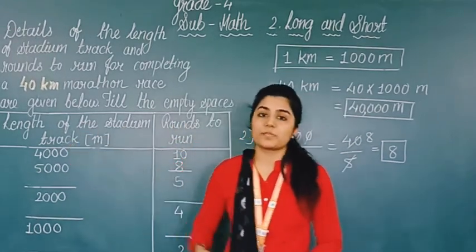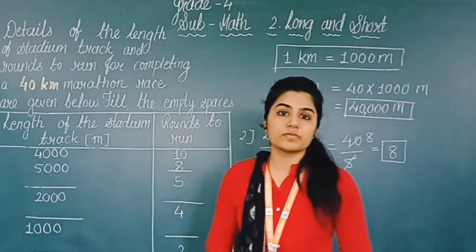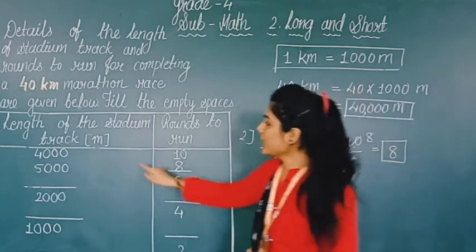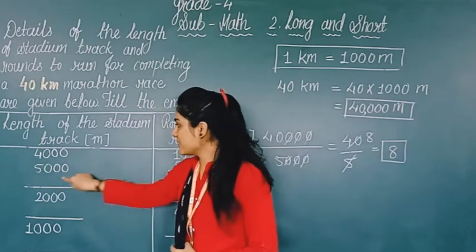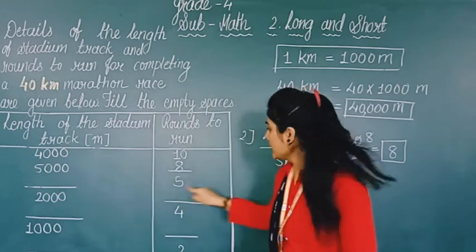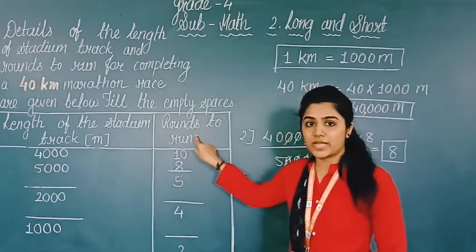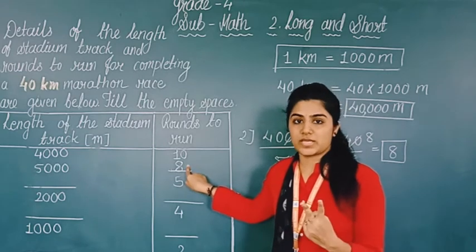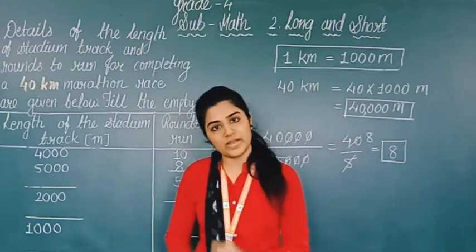That means आप लोगों ने स्पोर्ट्स का स्टेडियम तो देखा ही होगा. आप लोग रेस करते हो ना, रनिंग रेस करते हो ना, सेम चीज है हमारे पास. हमारे पास एरिया है सपोज 5000 मीटर. दैट मीन्स आपको 5000 मीटर एरिया कवर करना है दौड़ के, और आप कितने राउंड्स लगा रहे हो उसके? 8 राउंड्स लगा रहे हो, राइट? दैट मीन्स हमारे पास दो चीजें हैं, उसमें से एक मिसिंग है जो हमें फाइंड करनी है.